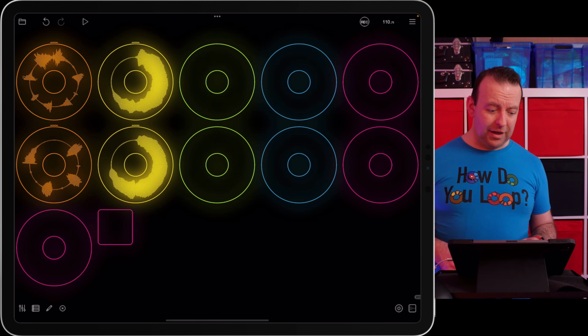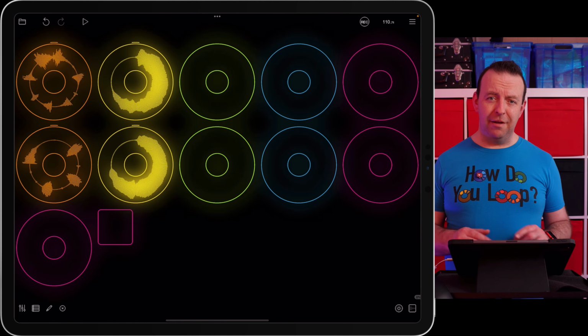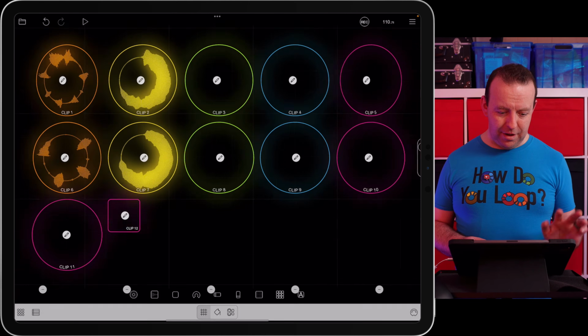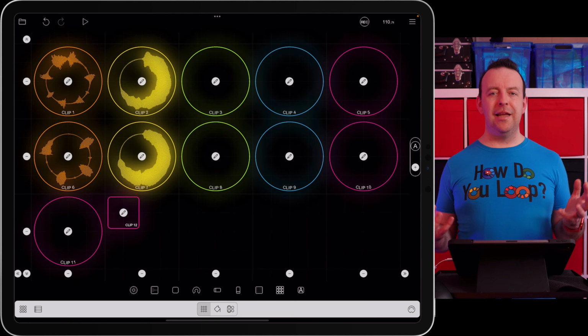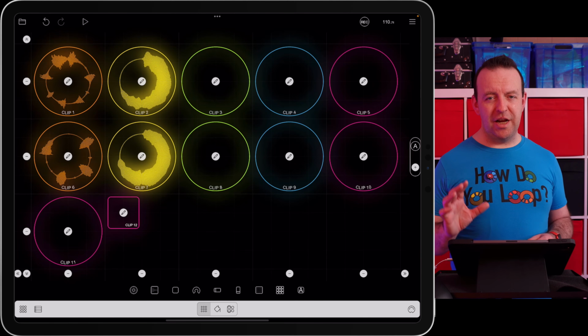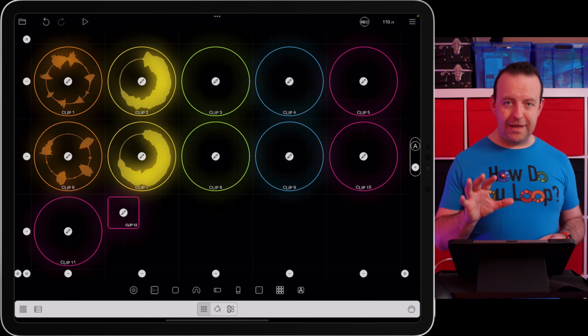So this is where the little pencil comes in on the bottom left-hand corner. When we tap this, we enter an entirely new realm. And this is the one thing that's going to change Loopy Pro because it's completely customizable. How customizable, I hear you ask? Well,